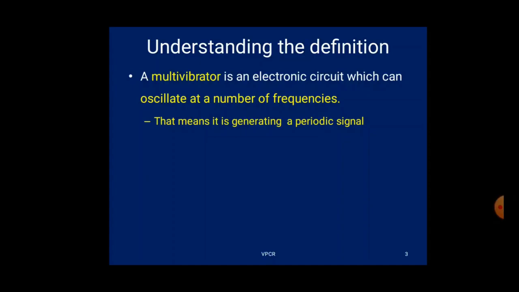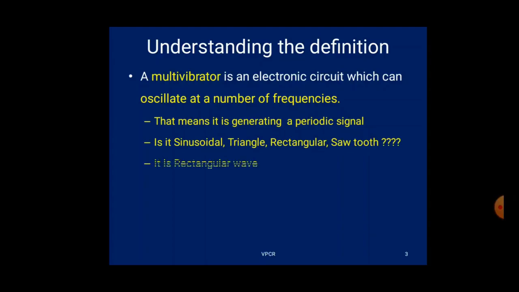See, when we have this frequency term, the signal has to be a periodic signal, then only you can define this frequency. You already studied signals and systems, so you have already gone through these properties of signals. Generally frequency is the property of any periodic signal. So from this statement I can understand this circuit is generating some oscillations, some signals, and those signals are periodic signals. Next, the question is whether it is generating a sinusoidal signal or triangular signal or rectangular signal or sawtooth or any other periodic signals.